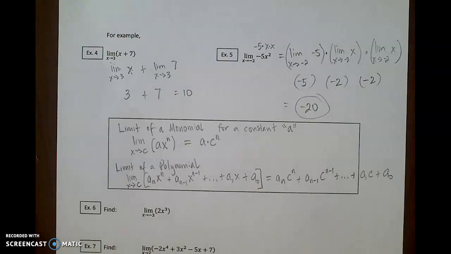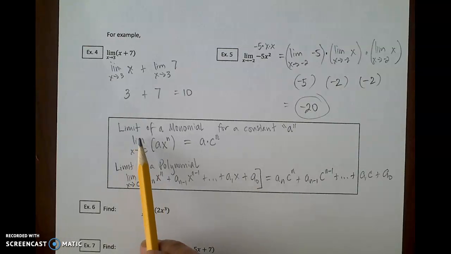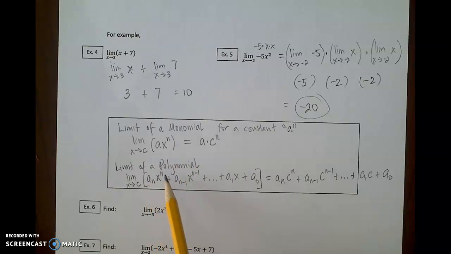Alright, so this next property, finding the limits of monomials and limits of polynomial functions. Okay, so we're going to understand that a is a constant. So finding the limit of a function as x approaches c, if your function is a monomial, like a times x to the n, to find the limit for that particular function, you evaluate it as a times c to the n. Again, as x approaches c for this limit, for ax to the n, you're going to evaluate it by plugging